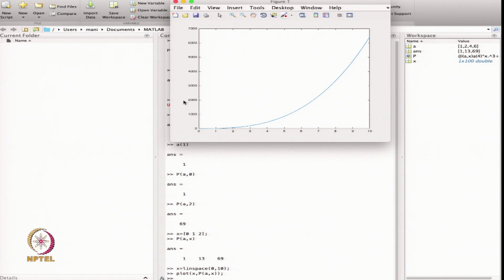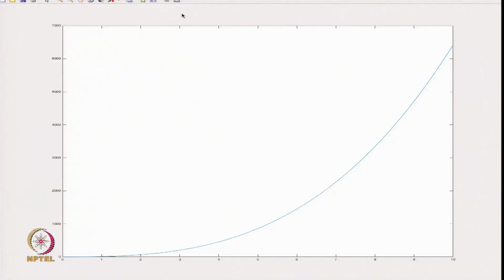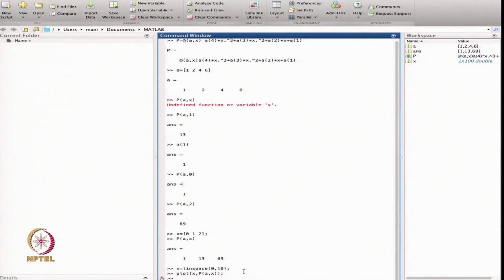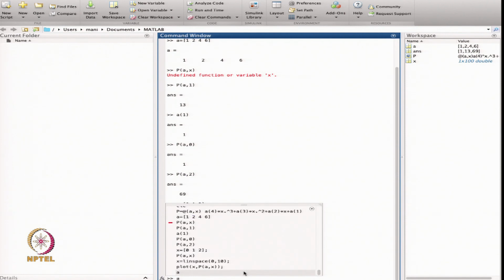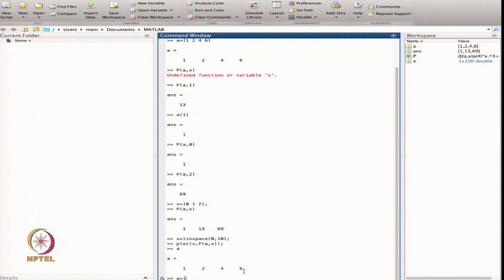So, that is the plot. This is the polynomial we have just defined. It gives you the value of the polynomial from 0 to 10 for those values of coefficient. My a coefficients are the same, or maybe I can change the coefficients now,